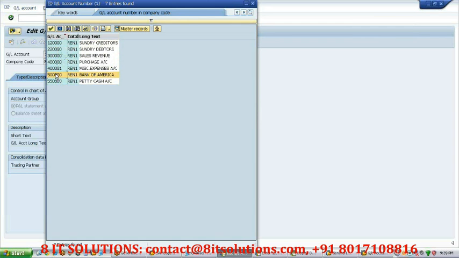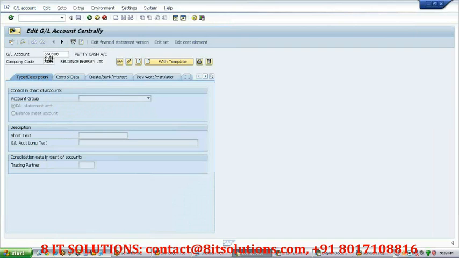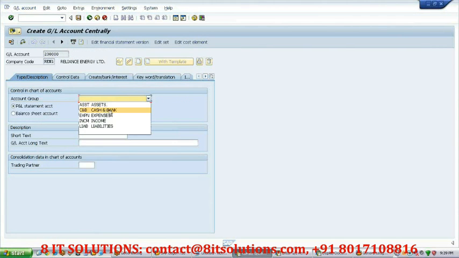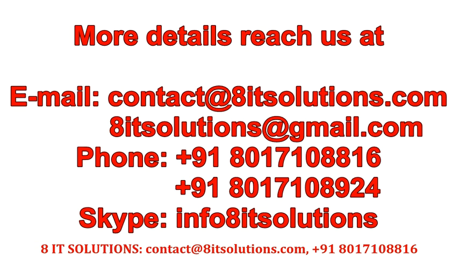That is what our breakup is, right? So I can take some asset range, 2 series, and there I can create a GL account called advance to vendor. This is supposed to be an asset, a balance sheet account, so you can write it down.